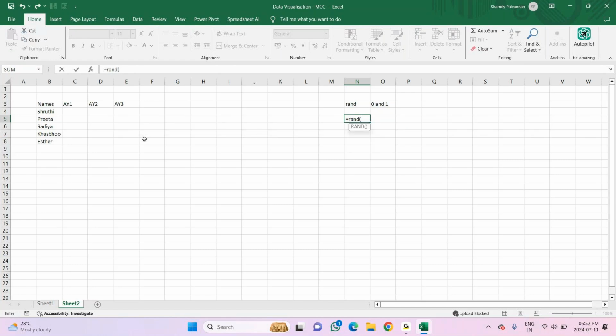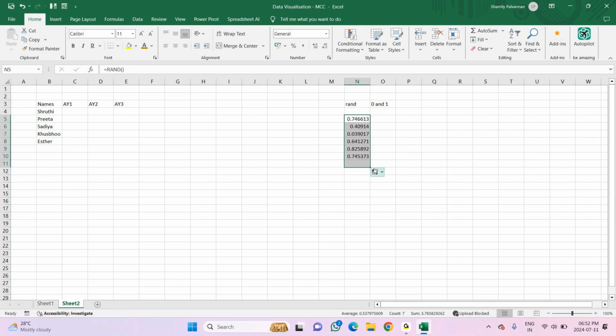Close the bracket, enter. I got some value. So however many values I need, I can just click and drag down, or drag to the other side, vertically or horizontally, and this is giving you some value, right?